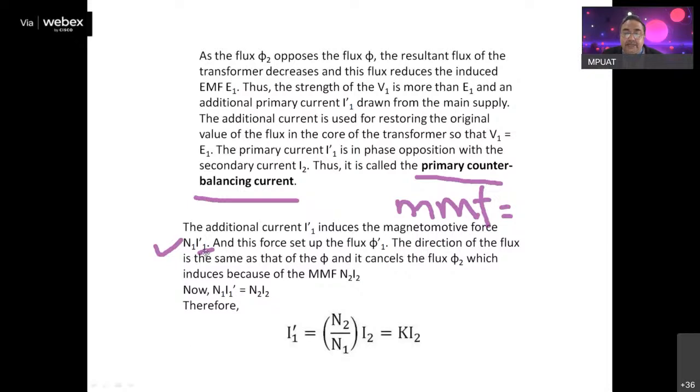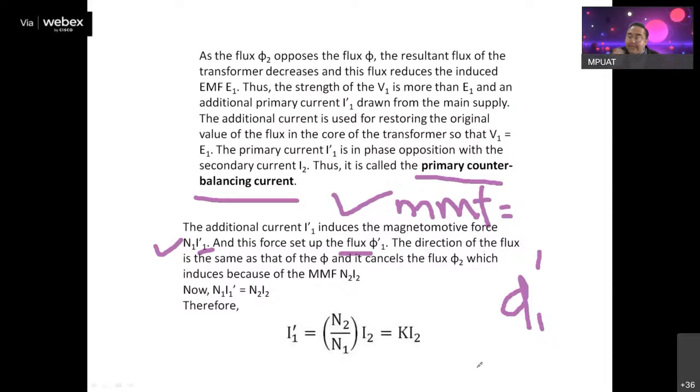ये जो मैंने लिखा है, ठीक है, और ये अपना एक फ्लक्स सेटअप करेगा। MMF प्रोड्यूस हुआ, MMF प्रोड्यूस से क्या होगा? फ्लक्स। MMF एनालॉगस है हमारे EMF के, फ्लक्स एनालॉगस है हमारे करंट के। जैसे हम EMF लगाते हैं, सर्किट क्लोज होता है तो करंट फ्लो होता है। उसी प्रकार जब हम मैग्नेटोमोटिव फोर्स लगाते हैं, which is nothing but product of N1 into current, N1 I1 dash in this case, so it will produce a flux phi1 dash. एक फ्लक्स प्रोड्यूस हुआ phi1 dash, ठीक है।